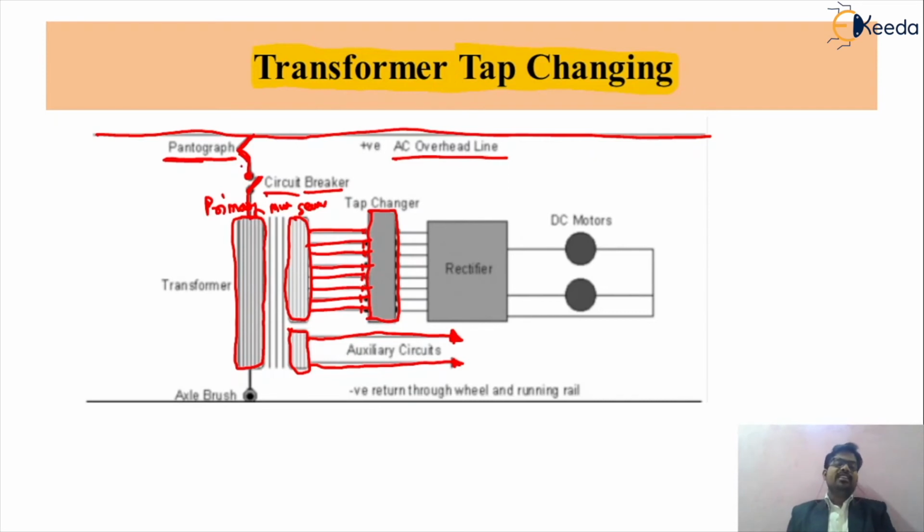So friends, this is the AC supply. But now we are using DC motors as the drive for your traction system. So this AC supply will be converted to DC supply by means of a device which will be called a rectifier. This rectifier will convert the alternating current supply to direct current supply, and now this direct current supply will be given to your motor.